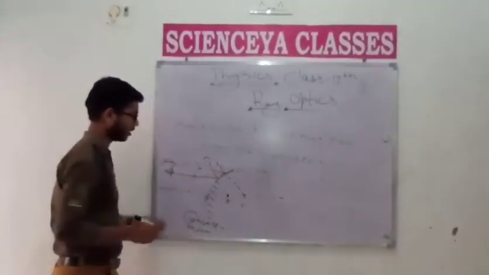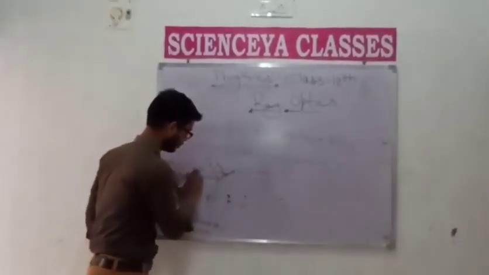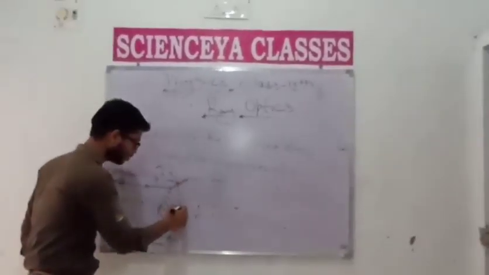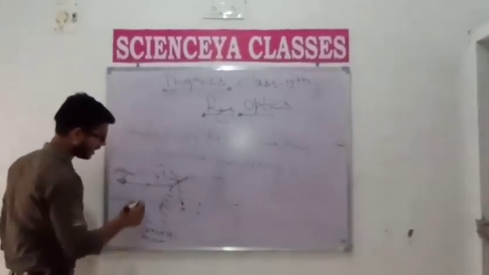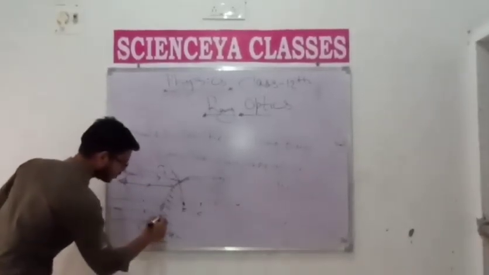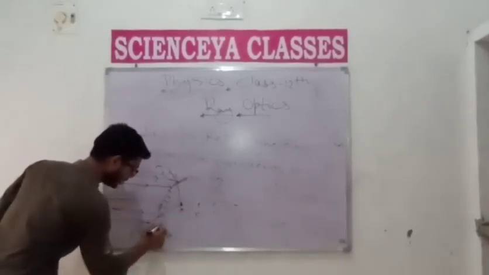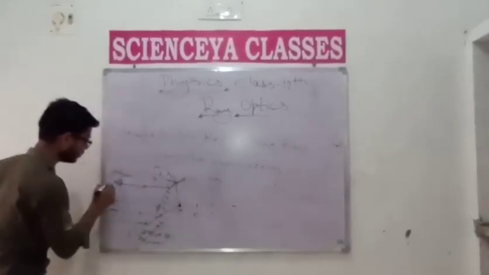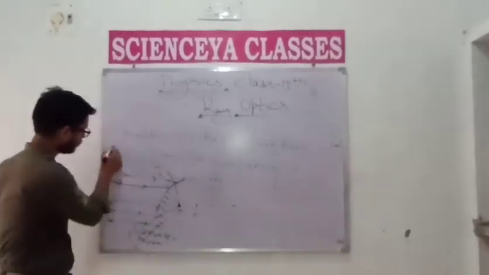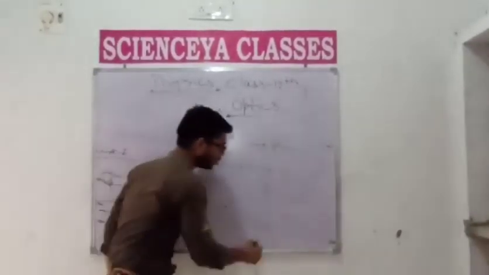This is another ray. Okay, student. All rays that are parallel to the principal axis must pass through the focus. So student, in the case of a convex mirror, all rays meet at the focus when the object is at infinity. So student, it is similar to case 5 of the concave mirror, but in the case of a concave mirror,